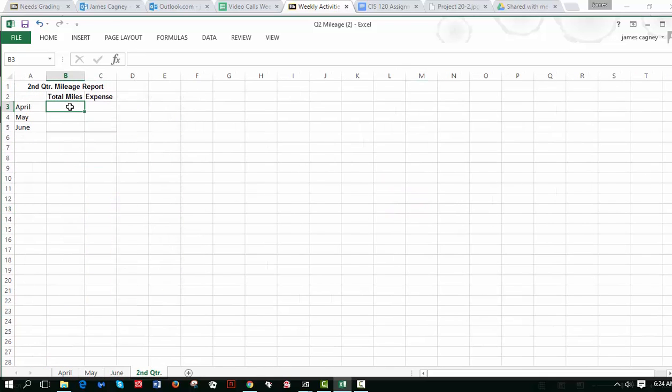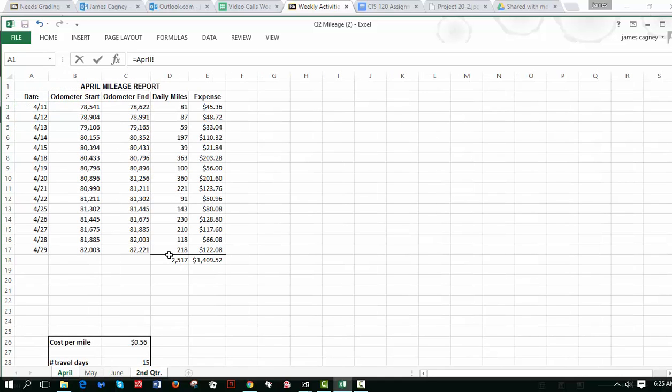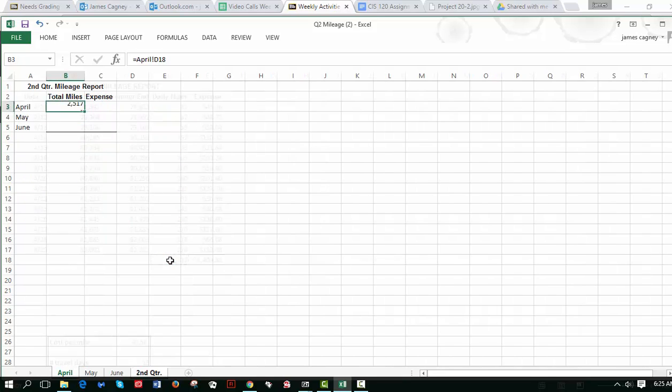Now here, almost everyone got this wrong. You don't want to type in the numbers or anything like that. You have the numbers on the other sheet. So all you need to do is press equals, go back to April, click on the total miles there, and then press enter. You'll notice in my formula it says equal, go to the April worksheet and use D18. Now I can even copy that over to the next one, and it's going to use